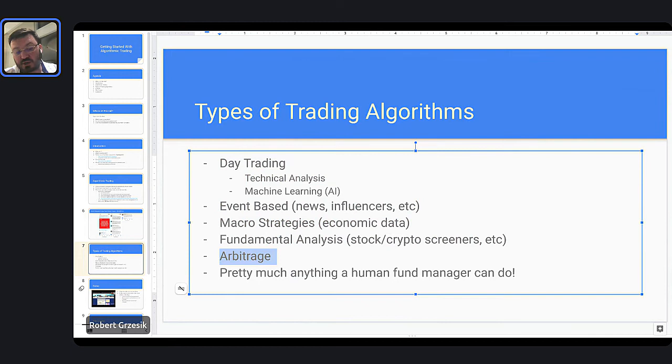The advantage of arbitrage is also that it's essentially risk-free if you're doing it properly, because you could simultaneously be buying it at KuCoin and selling it at Kraken at the exact same time. So you pocket the profit immediately. There's very, very little risk involved in doing arbitrage. It's going to be very profitable. If you look at some of the most successful hedge funds in the world, they're taking advantage of this stuff, like the Citadels of the world, they're making a ton of money doing arbitrage. That also makes it a little bit more difficult.